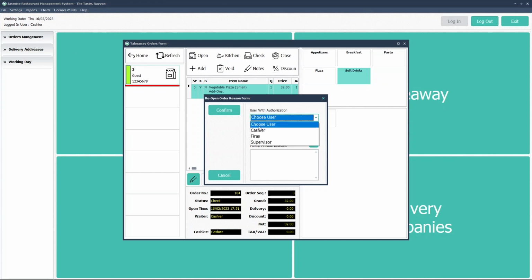Let's try. So we put cashier, and we put the password of the cashier, and then we put any reason to add 7 Up to the order, and we press confirm, and the system will say user is not authorized for this